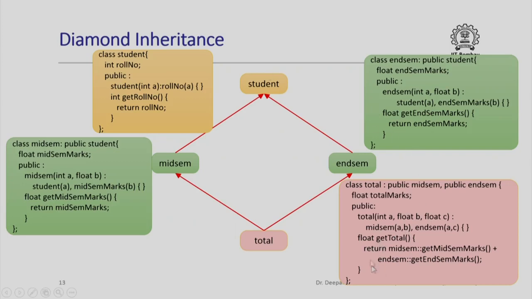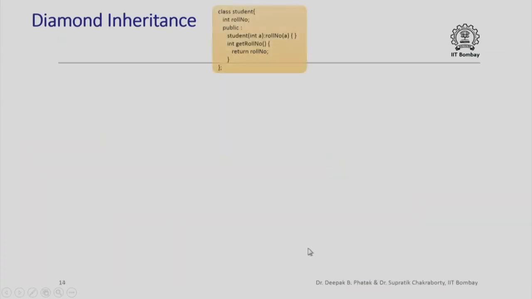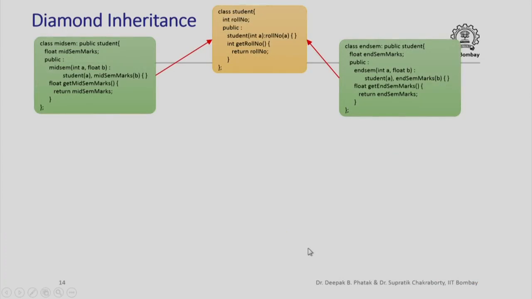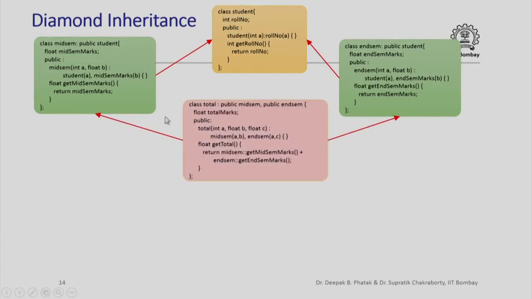And here is a member method which calls get midsem marks of the class midsem, calls get endsem marks of the class endsem, adds them up and returns. Of course, note that I need not have used the scoping operator here because these two names are distinct in these two classes. However, I can use the scoping operator here also, there is no problem with that. Now when we do this, let us put the picture like this,